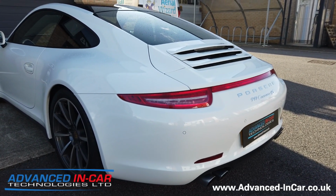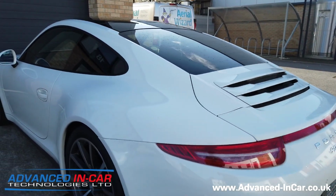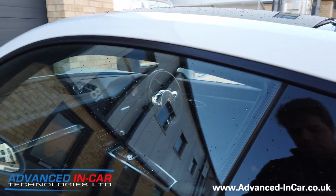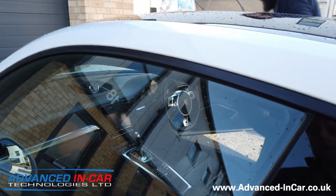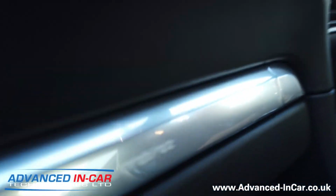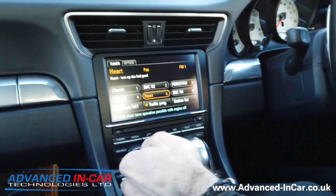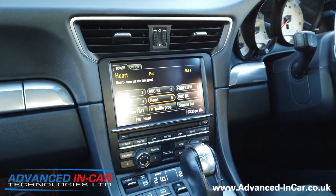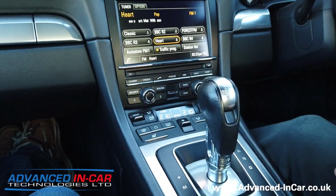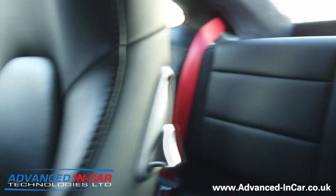So just so you can get an idea of what it sounds like inside the vehicle, obviously it's quite a noisy car anyway, we're just going to jump in very quickly and just pop it into reverse. And just show you what it's going to look and feel like. And as I said, there is no integration on this sort of system or anything like that, but we're going to fire the car up, pop it in reverse, and then you probably just heard the little beep there, and Richard is just going to start backing up now